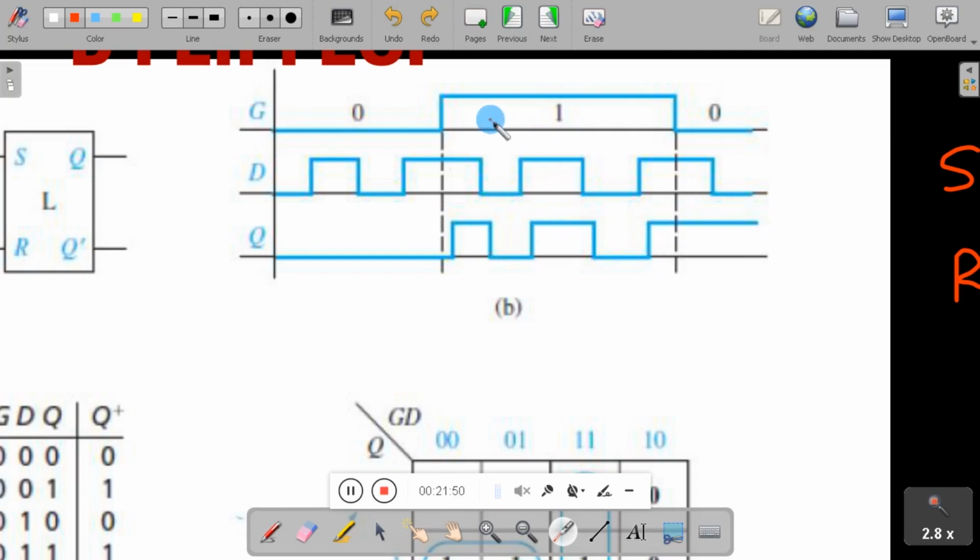This follows as long as the gate signal is 1. But you can observe here there is a small shift in the output. For example, at this point gate signal goes high, but you are not getting high output at this point, but there is a small shift. That shift is nothing but transition delay or processing delay or gate delay. Because of gate delay, the output will get shifted in nanoseconds. So this is the timing waveform for D flip-flop.